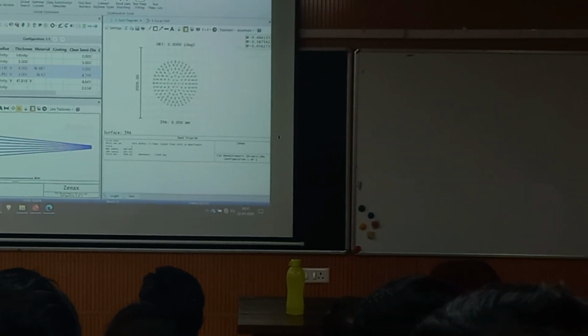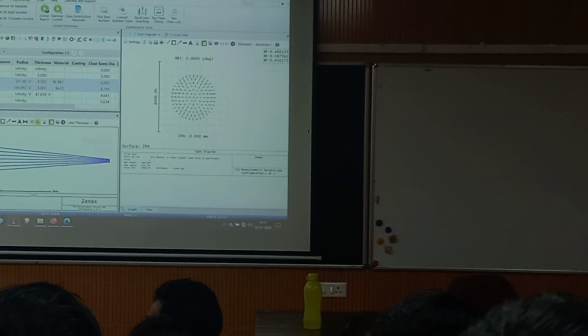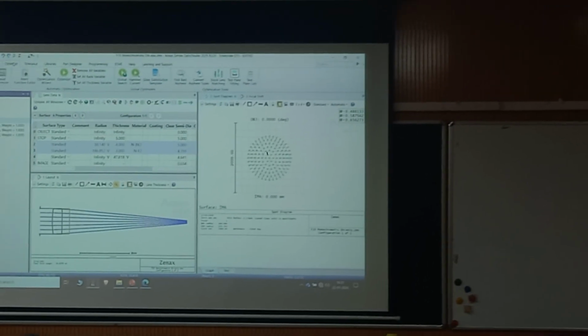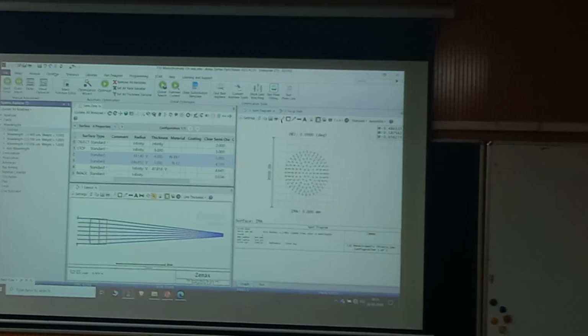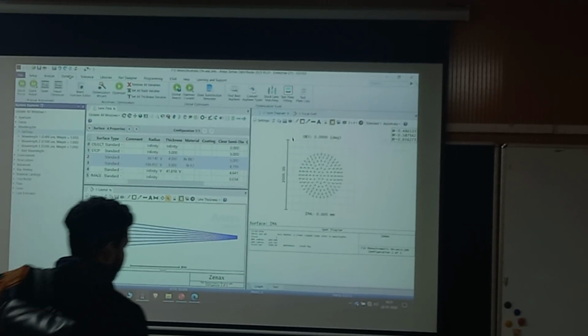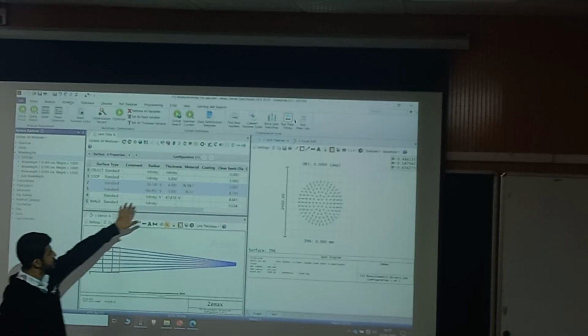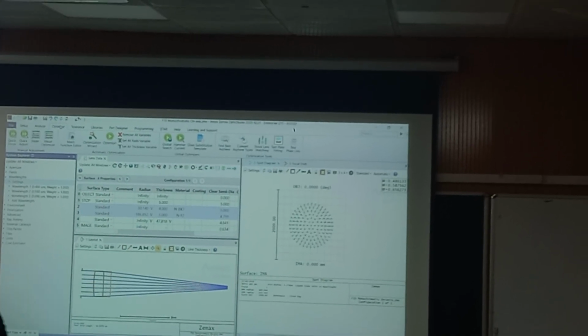So we have added the surface. Before I click on optimize, can you repeat this step? How did you open this window? Chromatic focal shift. Yes sir. Here, in sync with me. Sir, I changed the thickness and missed it after that. Okay, only the analysis you want. Yeah.